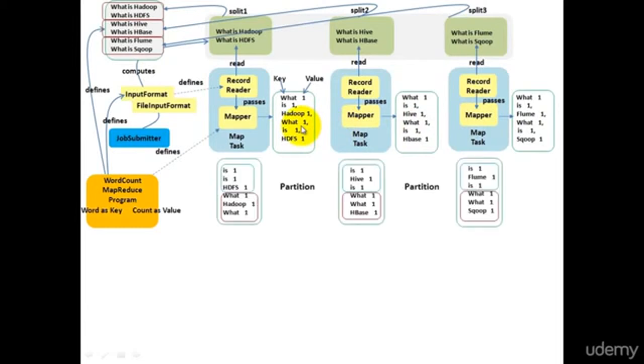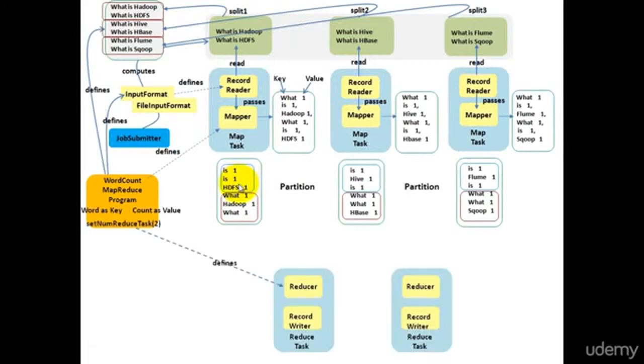Now the map output has to be partitioned. Let us see how it is partitioned. The number of reducers configured in our MapReduce program is taken into account to create partitions. First, the map output key is hashed using a hash function. This will return a constant value. Then the modulo of the number of reducers is computed on this value. In our example, we have configured 2 reducers. So modulo of 2 on any value will always result in either 0 or 1.